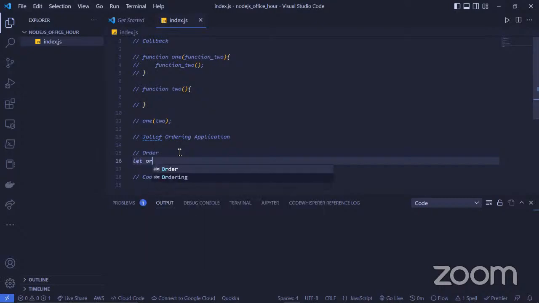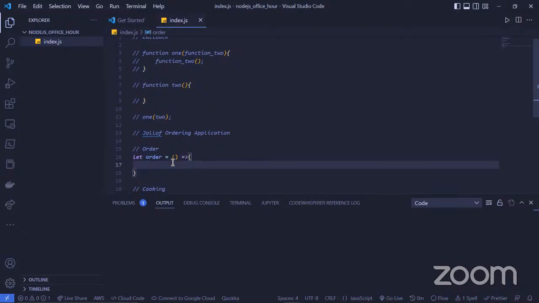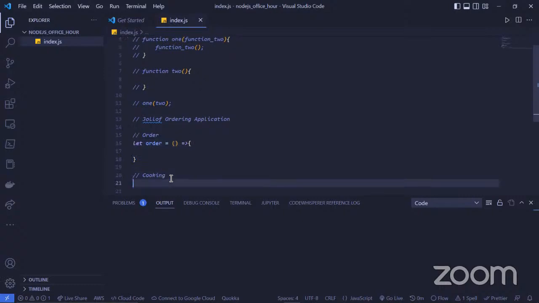So let's order, we can make this an arrow function. And then let's do another function like this for cooking.